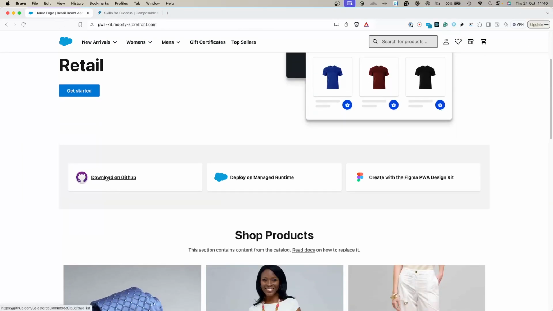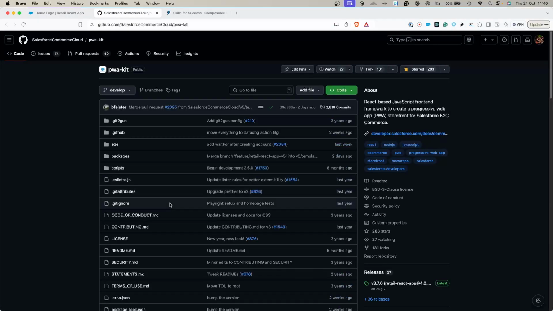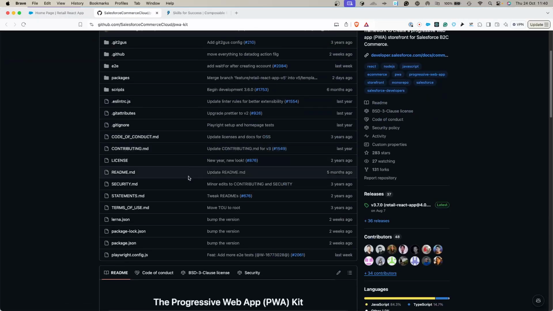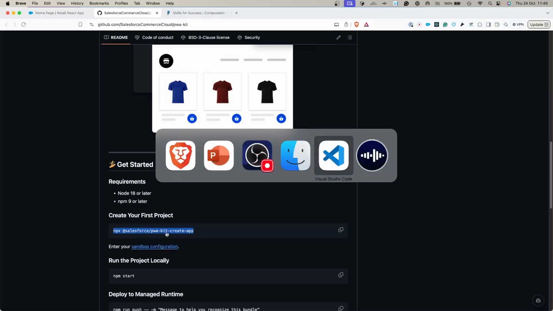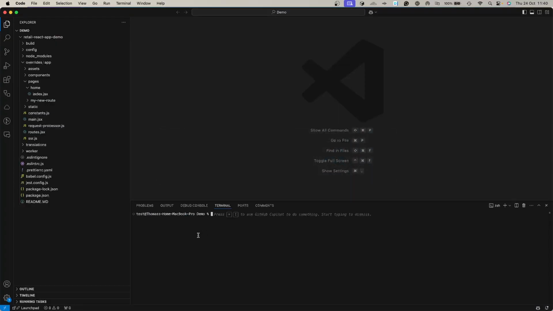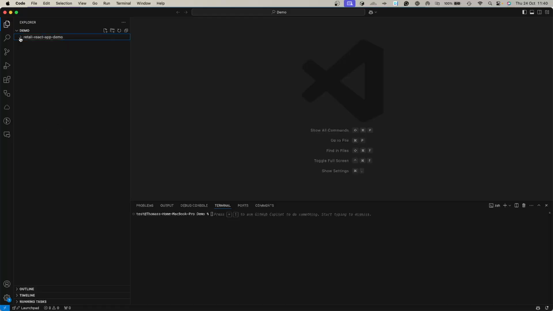But let's set up a PWA kit locally. So we can go to the open source GitHub. It's going to show us which command we have to execute. So I'm going to copy this command and move over to my Visual Studio Code. Now I cheated. I already have a demo ready because we probably don't want to be waiting for an npm install. But let's create a second directory